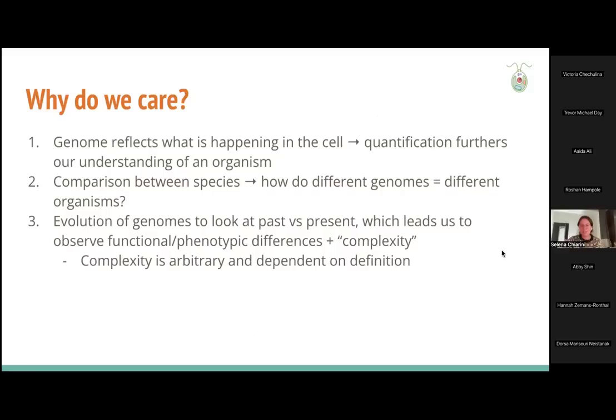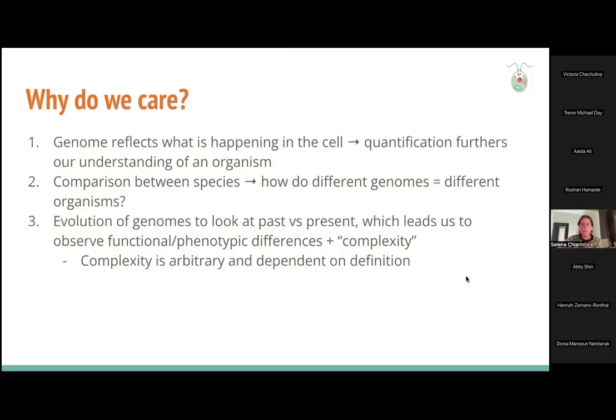Okay, so the big question, why do we care in the first place? It's really important because the genome reflects what's happening in the cell. To understand what's going on with an organism, let's start at the basics. Let's look at the genome. We also want to look between species, so understanding different genomes, how do they equal different organisms? And then, of course, evolution of genomes, looking at the past and the present, and leaving us to talk about